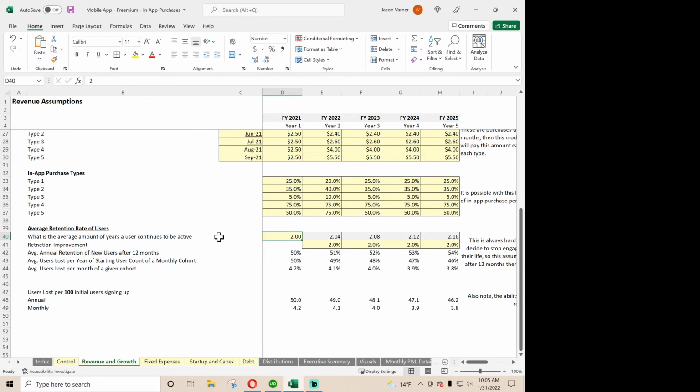Now, this is the cool part, retention rates. So instead of just having users, you have users that grow and churn over time, and the churn rate is just based on a percentage of the beginning monthly subs. Well, now it's more advanced in this model. So you can actually define the average length of time in years that your users are active in the app. And based on that,